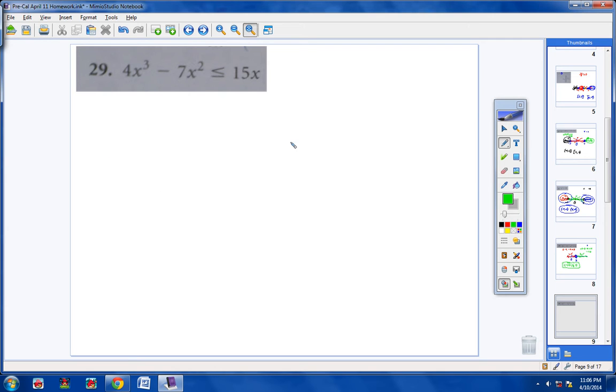I'm going to do 2 steps in one. The first thing I'm going to do is bring all of the terms over to the left side. And then I'm also going to set this left side equal to 0. Now let's quickly solve this. We can pull an x out. So we're left with 4x squared minus 7x